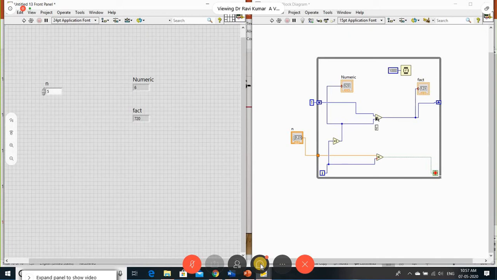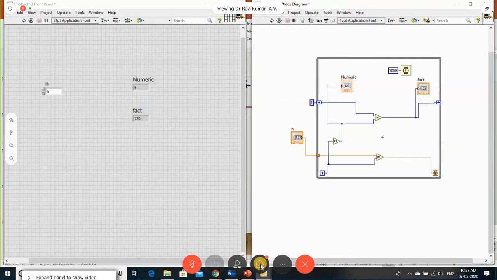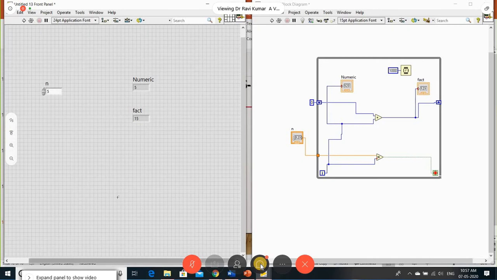The same way we can do finding the sum of n numbers. Replace this with addition, numeric addition. So here make this 0, and I don't want this one. I take this as 0 only. Okay, sum of n numbers, you can see that until your fifth element, the numbers are going to be added. So this is how I can use the shift registers. Right? The same thing I can use with a for loop also.